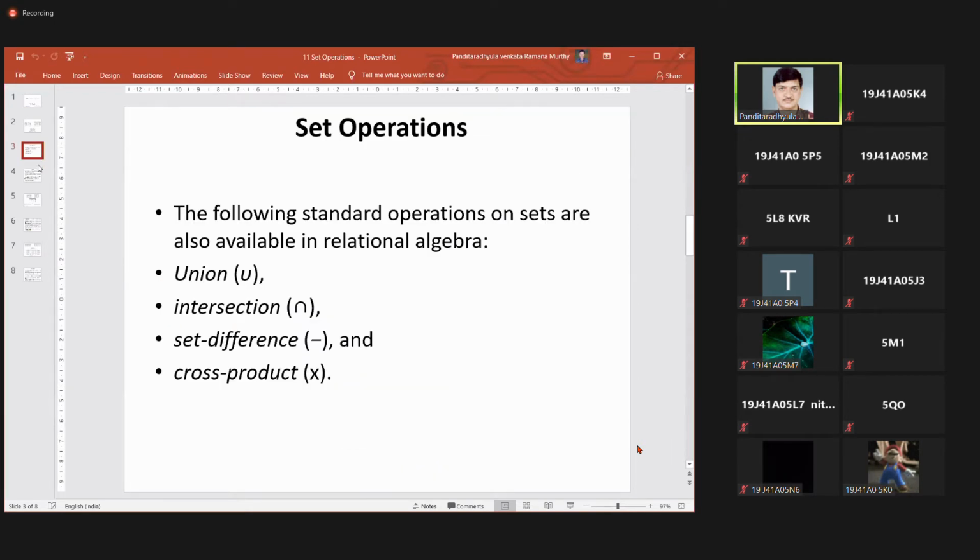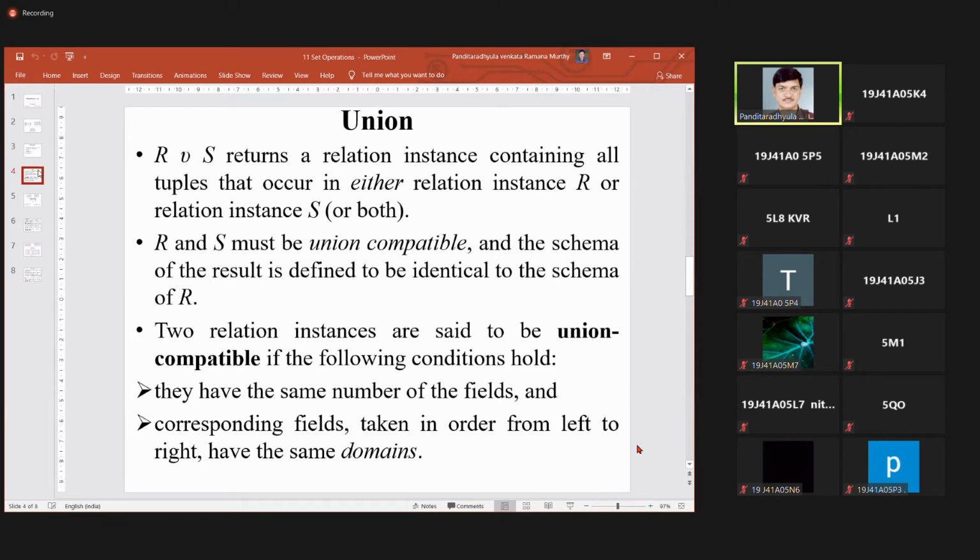Okay, let us say we have two result sets or relation instances R and S, related to a set of tuples that occur in a specific instance. Either the data will be taken from the relation instance R or from the relation instance S, or both may be from the same table but two different instances. For R and S, we expect different result values. It may come from the same table.